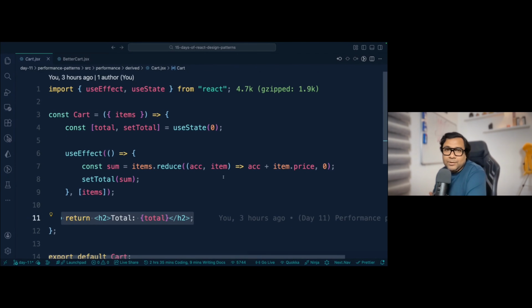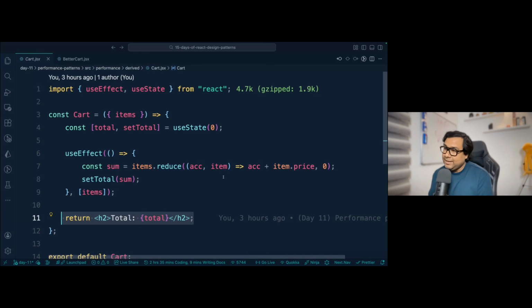Is there a problem that you see in this code? If I run this code, it will run beautifully. If I just pass an array of items with their price, it is definitely going to run and give me the total rendered on the component. Then what is the problem? The problem here is with something called derived state. That's another thing that causes a lot of performance problems if we are not careful. What is a derived state? Derived state is any value that can be computed from existing state or